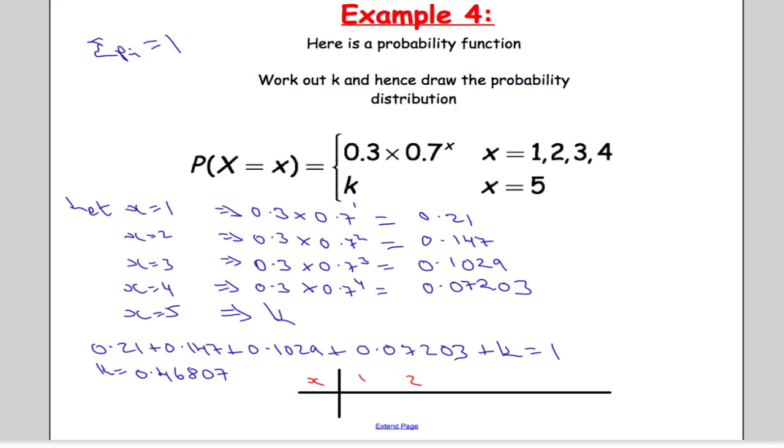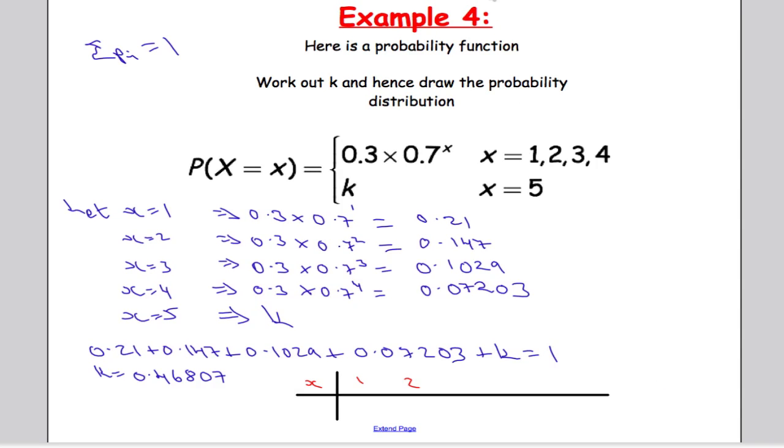I think I'm going to need a bit more space to fit all these decimals in. So we got 1, 2, 3, 4, and 5. And the probability that x equals x, which, by the way, can sometimes be just written as a small p for probability,